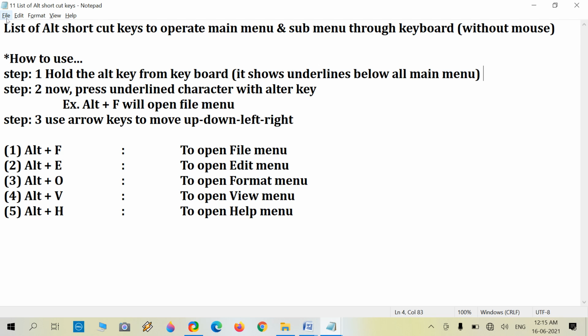Like file, there is an underline below the F, then edit, format. In format there is another one, the second character, because F is used in file, so the second character O is underlined. In view there is a V underlined, in help there is H underlined. Then what to do? Step 2, now press the underlined character with the Alt key, for example Alt F will open the file